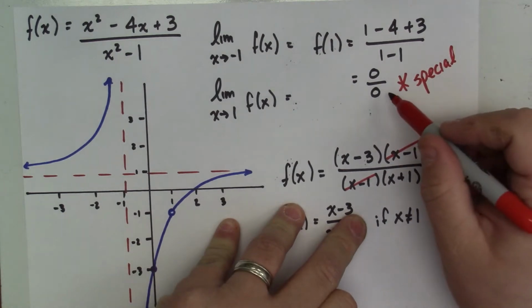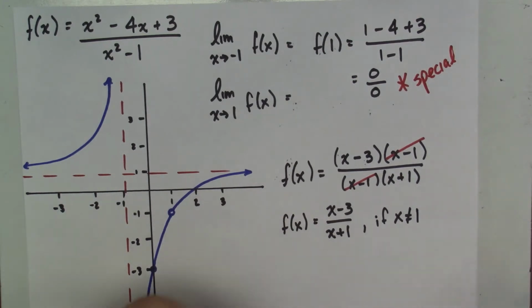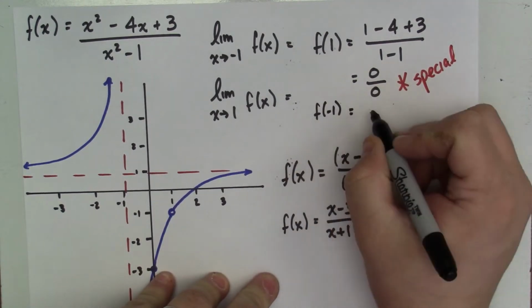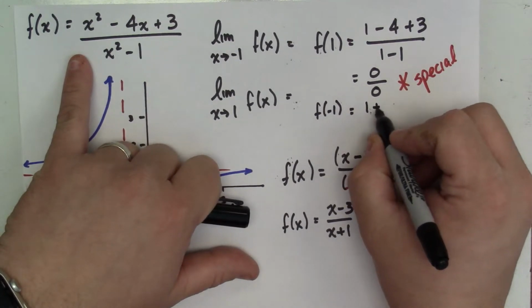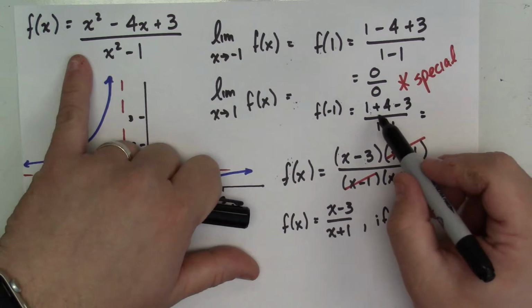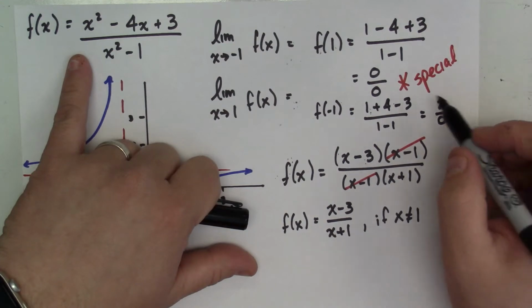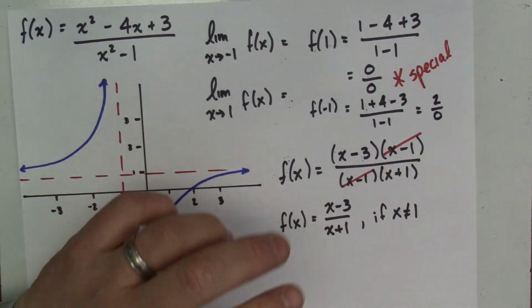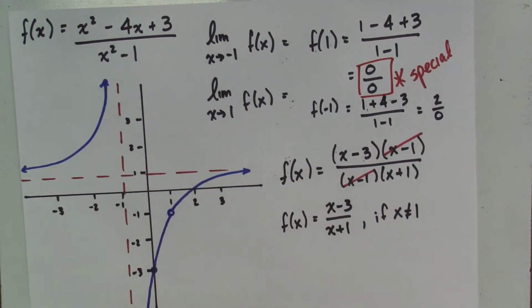If I evaluate this and I get 0 over 0, I'm in good shape. And here's the difference. If I plug in -1, I get, let's see, 1 plus 4 minus 3 over 1 minus 1, which is 2 over 0. That's bad. 2 over 0 I can't do anything with, but 0 over 0, something special is going on, and what's going on is that there's a point that's missing, but everything around it is behaving, because the argument I would like to make is when I do this step to this step,